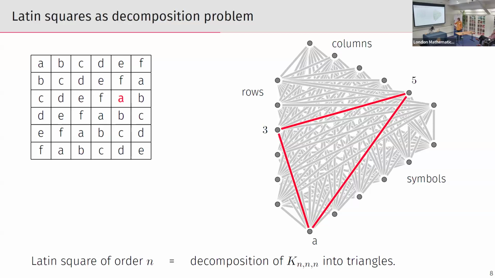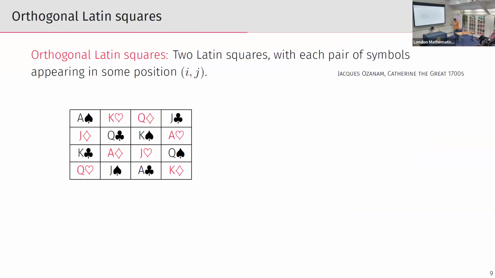Okay, so now, since I said that finding Latin squares is easy, let's look at something a bit more complicated, where things get a bit more interesting. That's what's called orthogonal Latin squares. So, what's an orthogonal Latin square? Well, I have two Latin squares that I put on top of each other. Maybe think of it as disjoint symbols in the first Latin square and the second Latin square. And they have to have the property that every pair of symbols, when I put them on top, appears exactly once. And here's an example just using